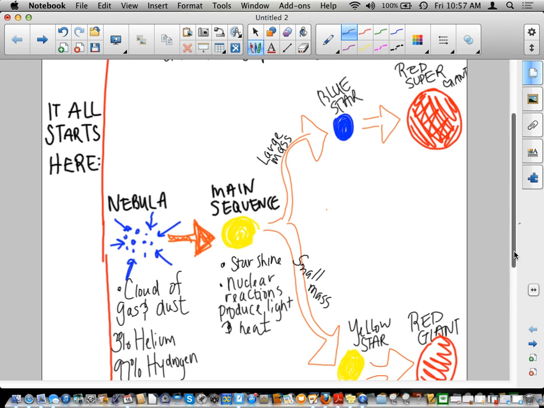The only difference is their mass. So I'm just going to put some little arrows kind of coming down. I'm going to put the description in the middle. At this stage, the star is expanding and glowing red